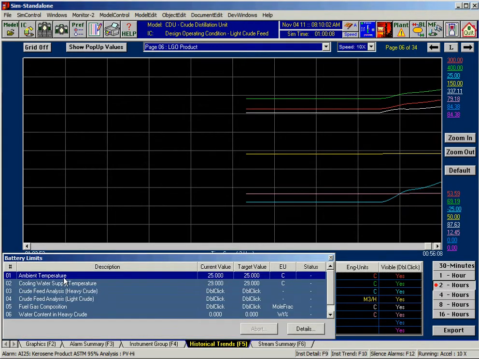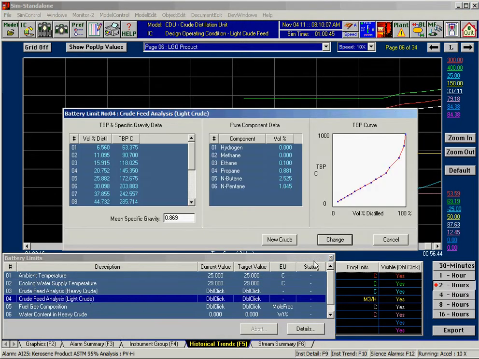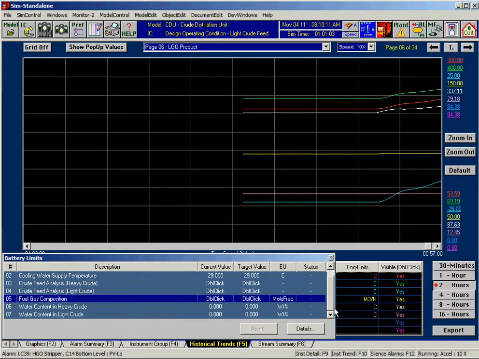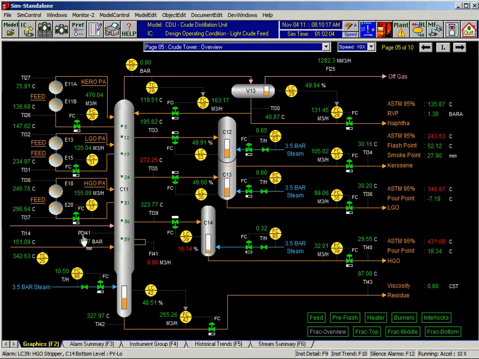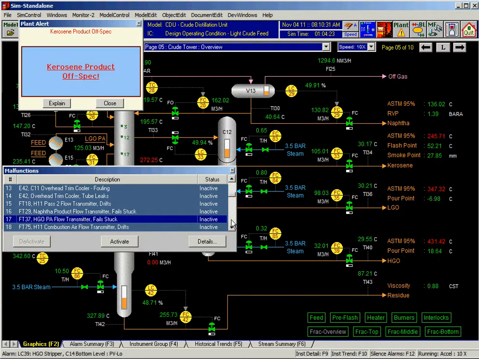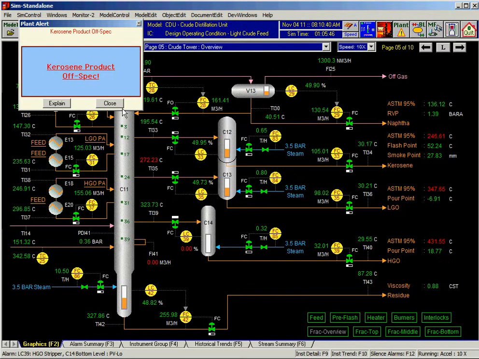Then we can change from here ambient temperature, cooling water supply temperature, or even crude composition, or fuel gas composition, just like a battery limit condition. We can put more water in the crude and see its impact, what happens. We have different types of malfunctions for troubleshooting: loss of cooling, exchanger fouling, leaks in the exchangers, control valve fails, transmitter drifts. So here you learn about troubleshooting,